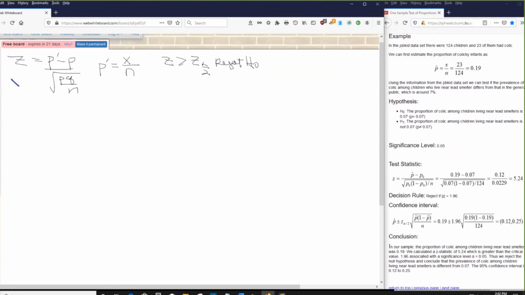A sample data from a study on the effects of lead exposure gave a... In the interest of time, I'm not going to read the whole statement so that we can work through this whole problem. So let's say we're given a sample size of 124. We have the number of successes, or the number of cases of children that had colic,